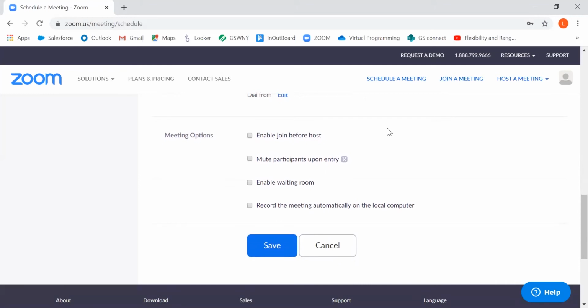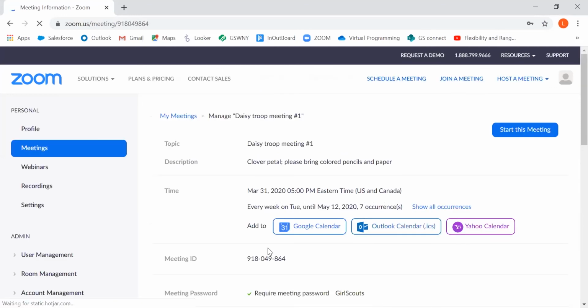Enable people to join before you, mute participants upon entry. For the most part, I just leave those blank and let it do its presets. And then we're going to save the meeting, and now it's completed. That's all it takes to set up the meeting. You can see it says start this meeting on the right-hand side, but we're not ready to start it,